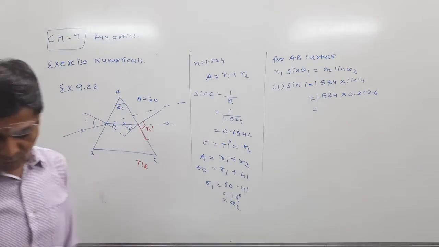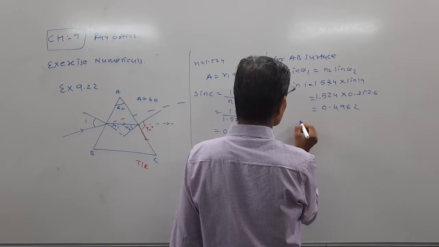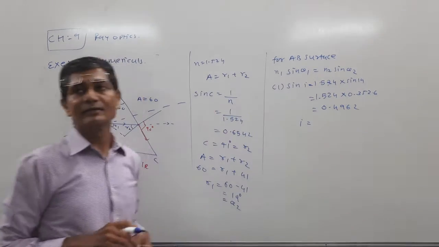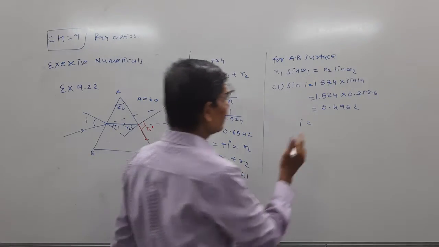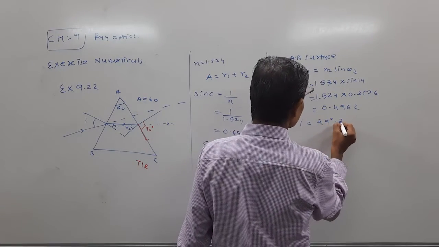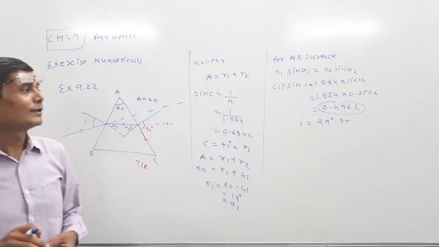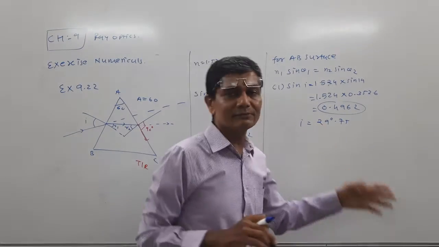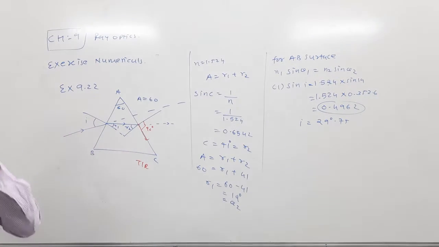Now sin 19 degrees from the natural sine table is 0.3256, and that turns out to be 0.4964. So the angle of incidence, from the natural sine table, turns out to be about 30 degrees, 29.75. This is near to approximately 0.49. If I take 0.5, then it is very easy, since sin 30 is 1 by 2 or 0.5. So this is how we can solve.